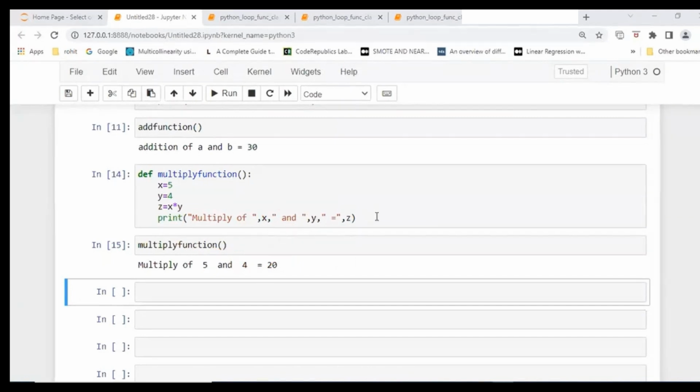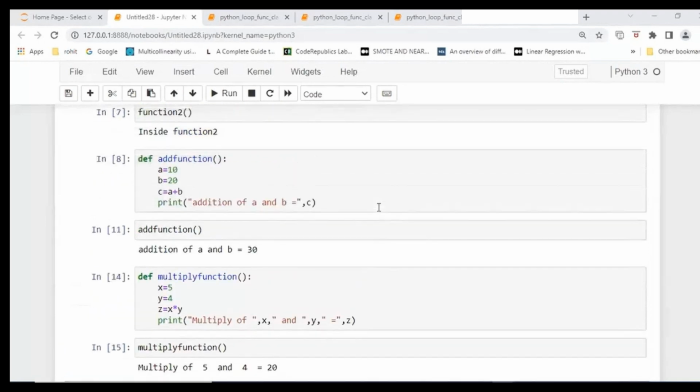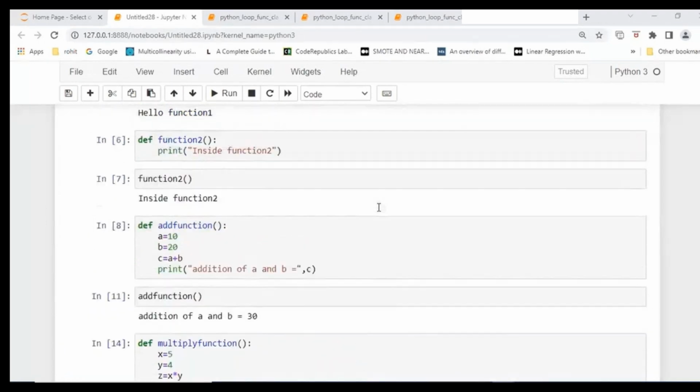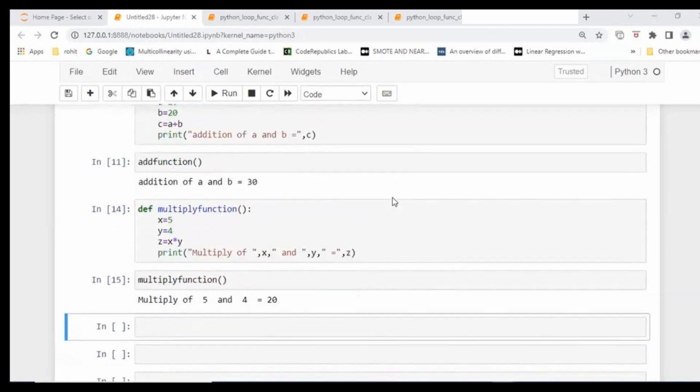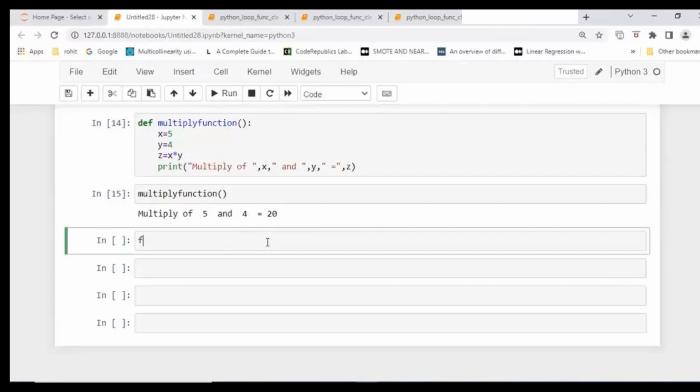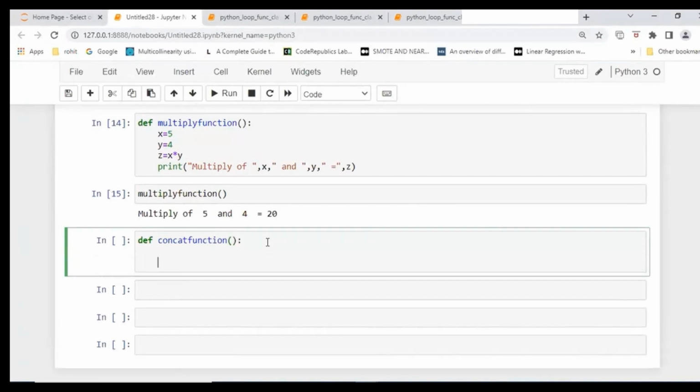So multiply functions, I'm making it here. So multiply function, add function. So in this way, general functions, you can call it here. You can make any number of statements also. Okay, and any statement you can put it here. Suppose here I'm writing def concat function. Concatenation means two strings. I can just add that. Concat is what? So here I'm just taking,